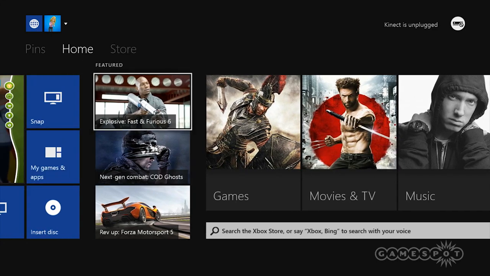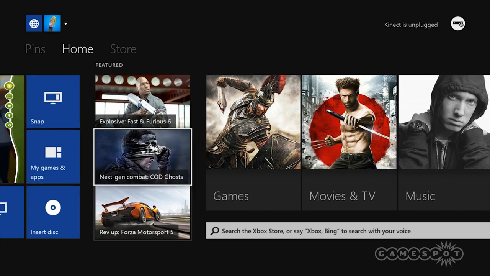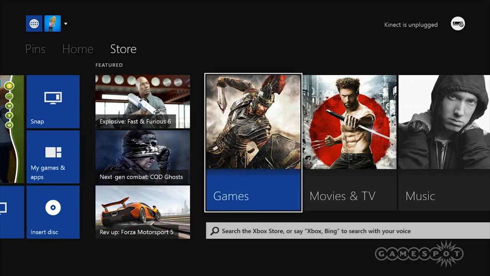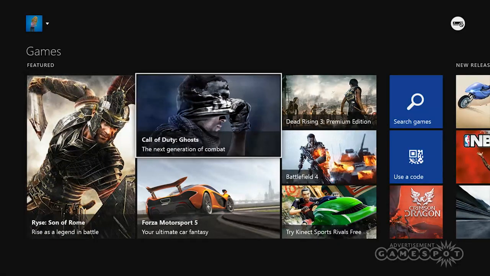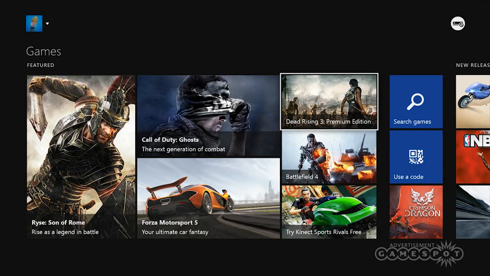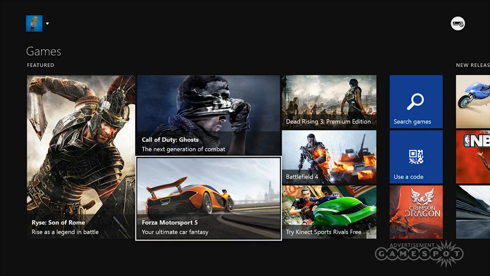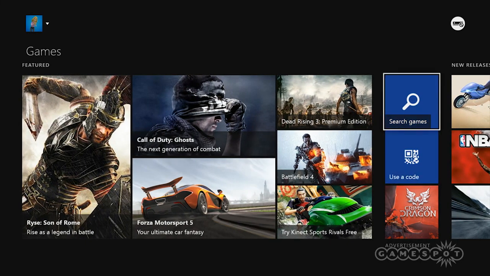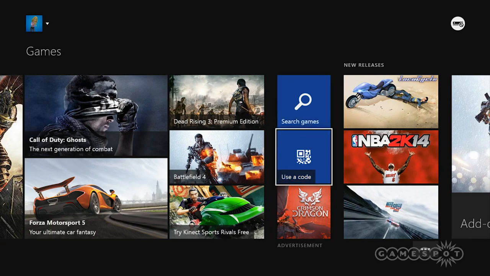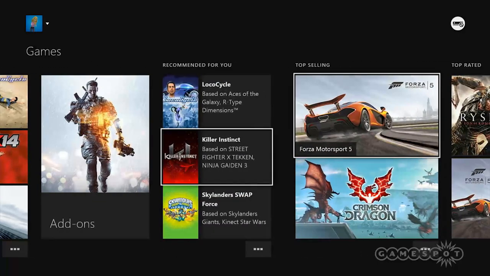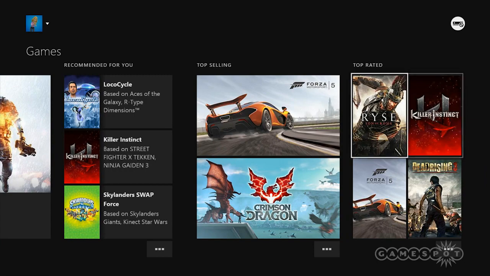Good times. So a lot of the typical stuff you see on the Xbox 360 dashboard, these kinds of ads touting various things. You can go into different stores here, like the game store. I love how they've started with one large picture, and then each time they get smaller, but if it continues in that trend, it'll actually just never end. Right, it's just smaller and smaller and smaller. And then